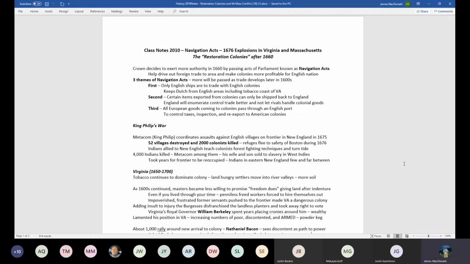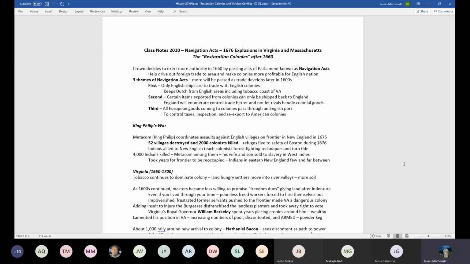The Dutch encourage the English colonists to smuggle. That means avoid bringing American products in English ships. And that's why the first set of the Navigation Acts were passed. It doesn't matter to you if it's a Dutch ship, it's going back to Europe, you're going to get your credit, you're going to get your ability to borrow money or to purchase things, whether it arrives in a Dutch or an English ship. But the first set of Navigation Acts are to literally force the Dutch out of colonial North America. The second set of Navigation Acts, which begin in 1660, are around the theme of making sure that